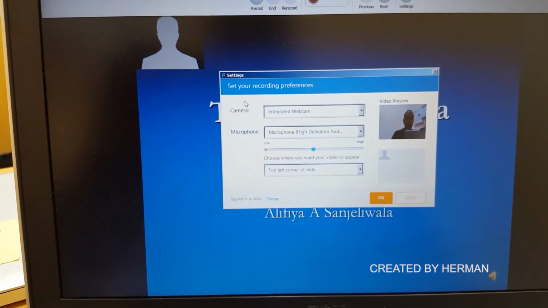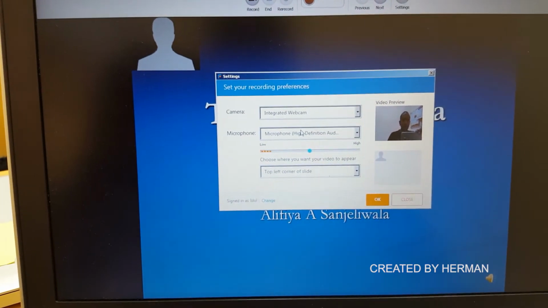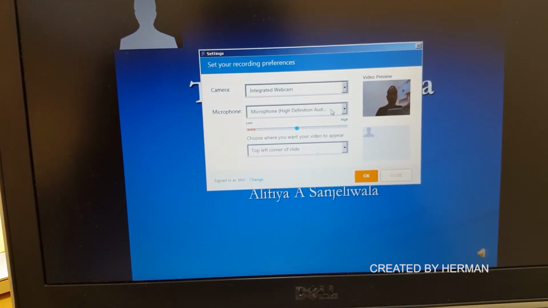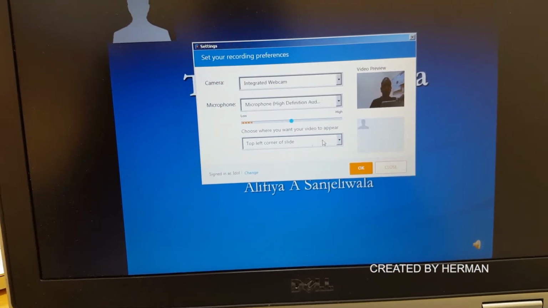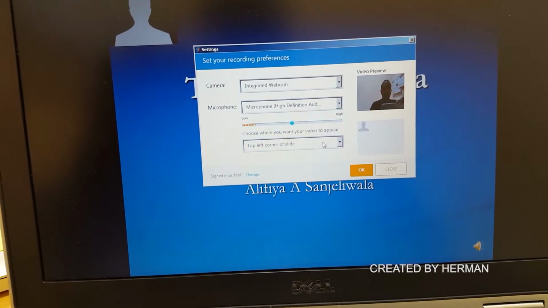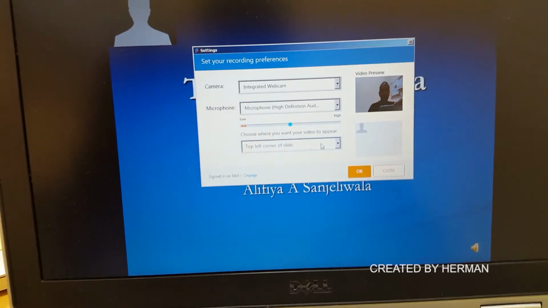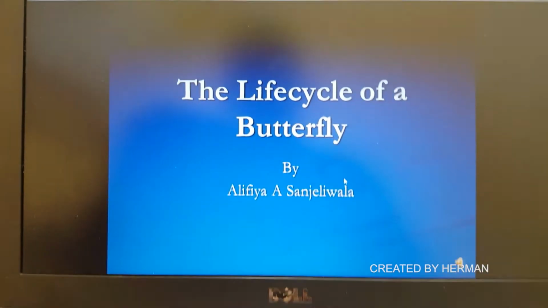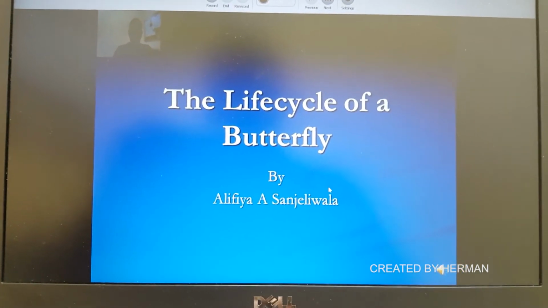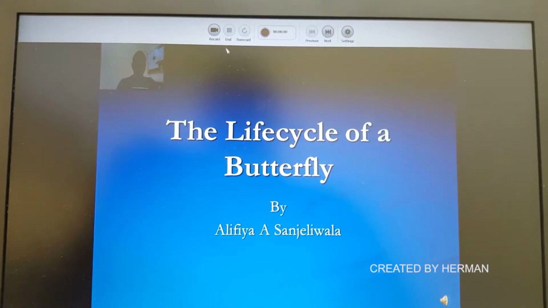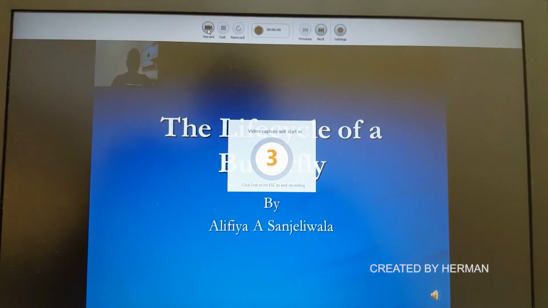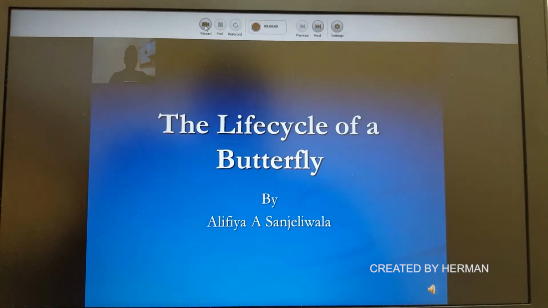Once you say record, a window pops up saying what camera you're going to use, which is your microphone. So pretty much all the options, leave it as default. You see the microphone bar goes up and down. I say OK to this one, and OK. Now you get another set of buttons on top which says record. When I hit record, it should start counting down and begin the recording process.